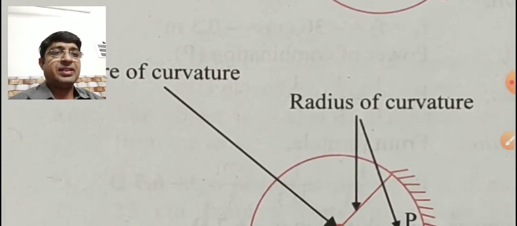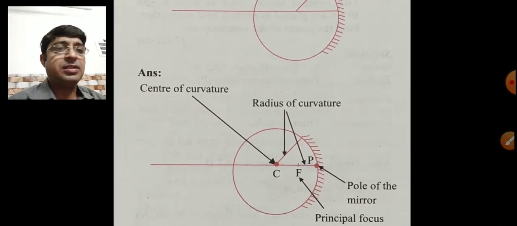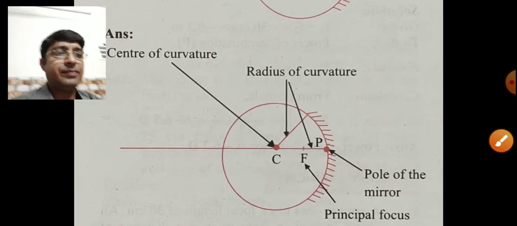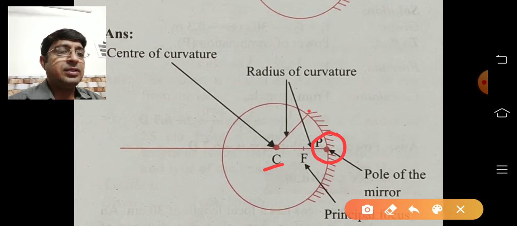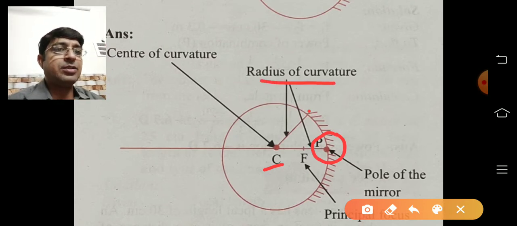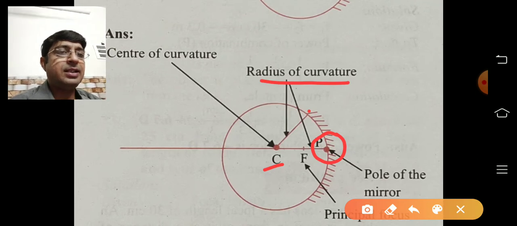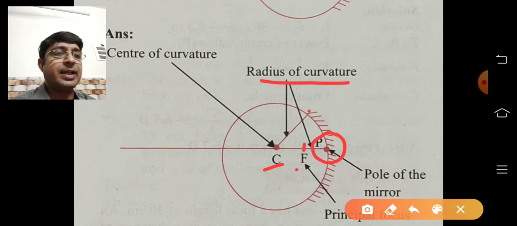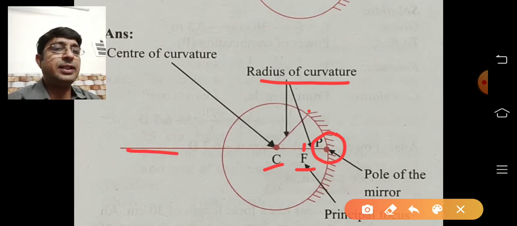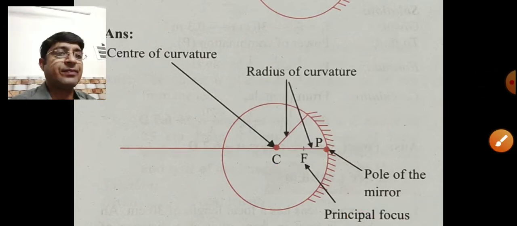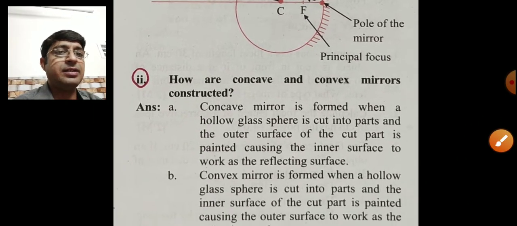See here. So we indicate these parts: center of curvature, then the center of the mirror is called the pole, so the pole is at this place. The distance between the center of curvature and the pole is called the radius of curvature. Exactly at half the distance of the radius of curvature, there is a focus that is indicated as a capital F. And the imaginary line passing through the center and pole of the mirror is called what? Principal axis. So this concept we already learned in standard 9.